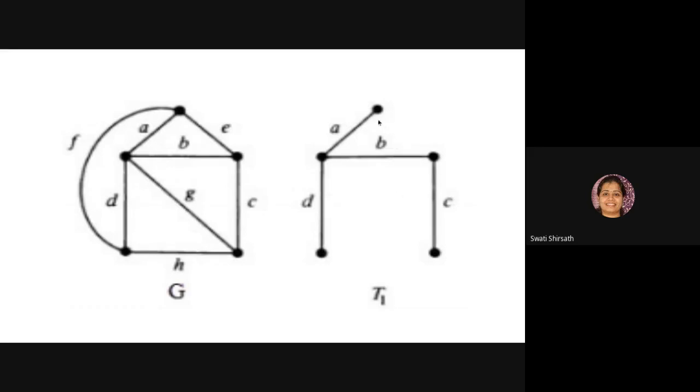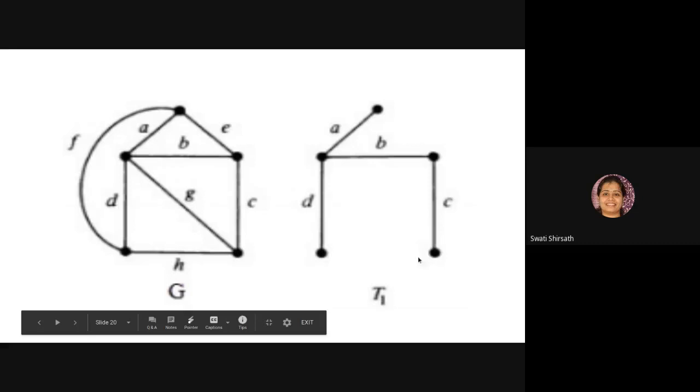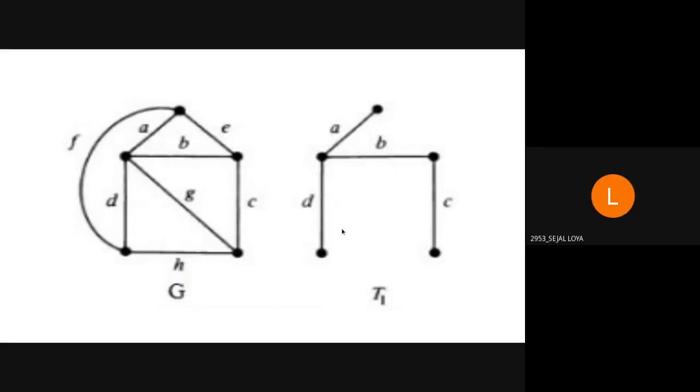Now for this chord, can somebody tell me the circuit for chord E? This is the name of the branch E. A, B and E, correct. For H, D, B, C, H. Correct. For G, B, C, G. Correct. And for F, A, D, F. Correct. Okay. Now for cut set.